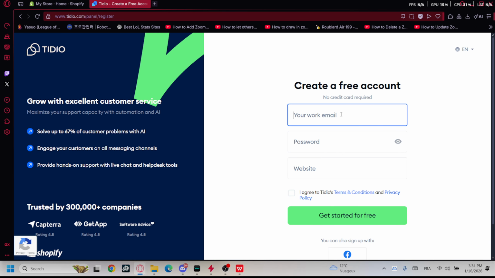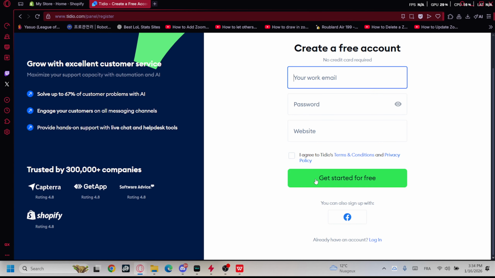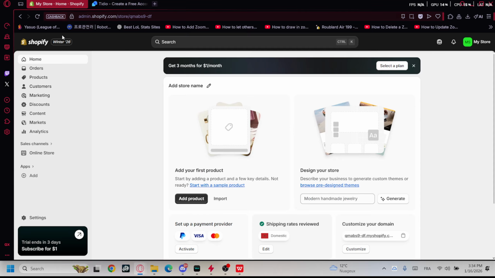And right now I want you to enter your email, password, website, and then just go with agree to Tidio's terms and conditions and privacy policy, and then click on get started for free. You can also sign up with Facebook, as you can see, and if you already have an account, just go with login option. So once you connected your account to Tidio, go back to Shopify and then just click on